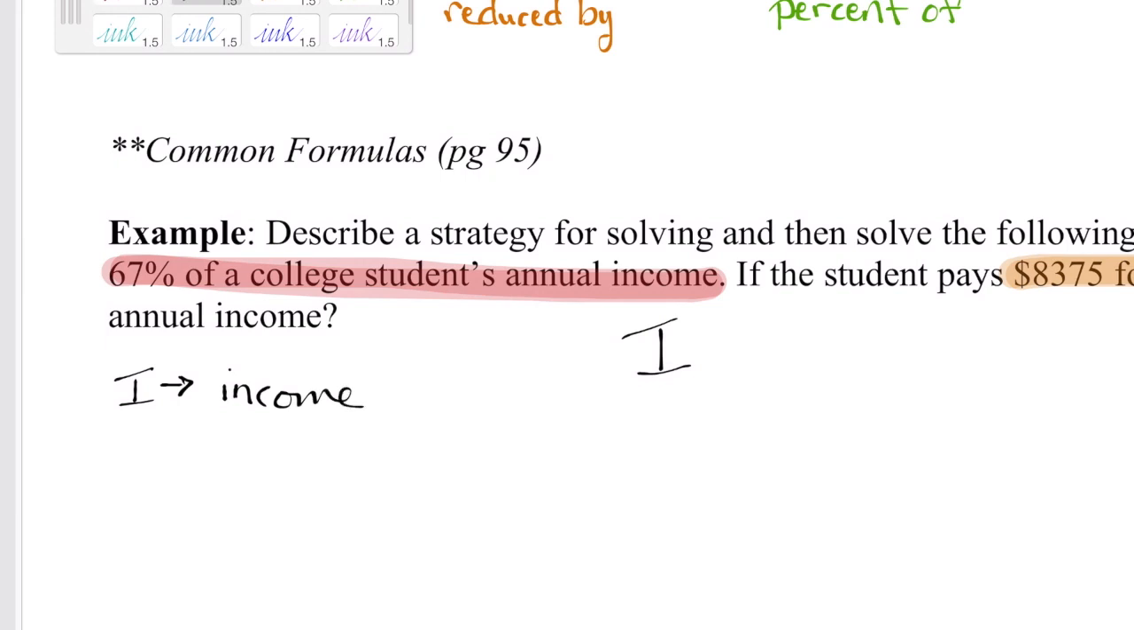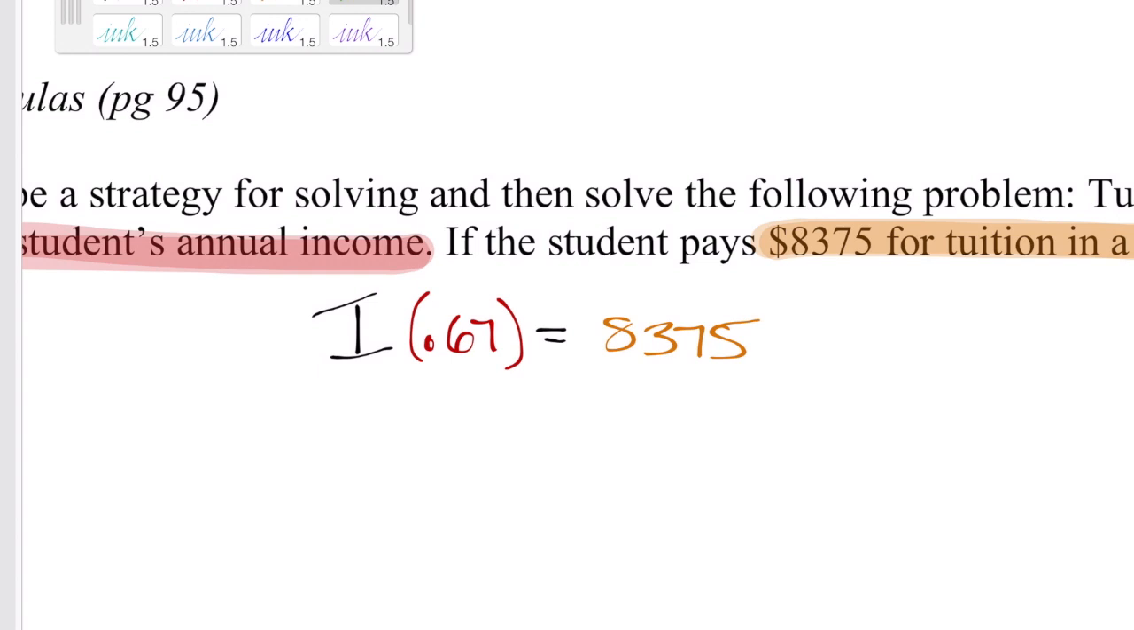So if I want to find a percentage of this, then I would multiply it by the decimal that represents the percentage. So in order to find this amount of her income, I'm multiplying it by 0.67. And I know that the 67% is going to be her tuition, the 8,375. So multiplying, getting that 67% is going to give us her tuition. And then I need to solve for the income. So in order to get rid of that 0.67, I would divide it over. They're multiplying right now. And so 8,375 divided by 0.67 is going to give us